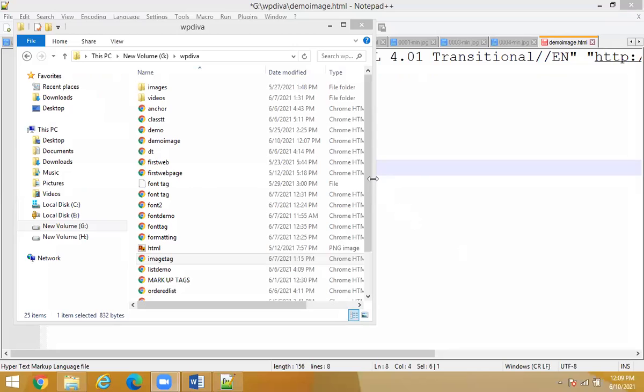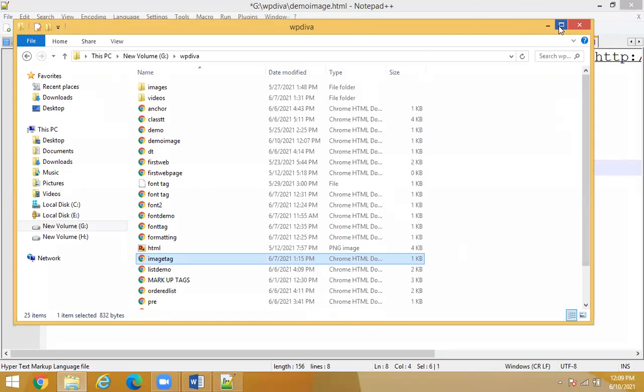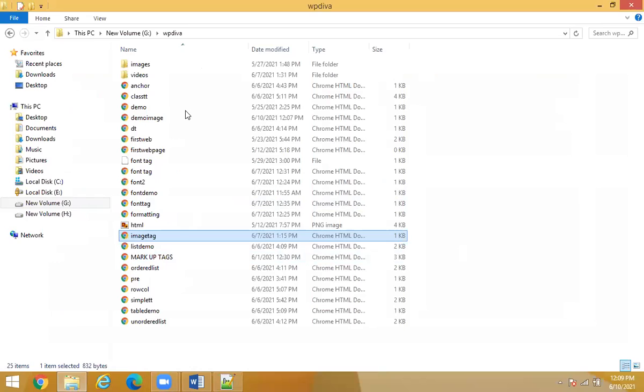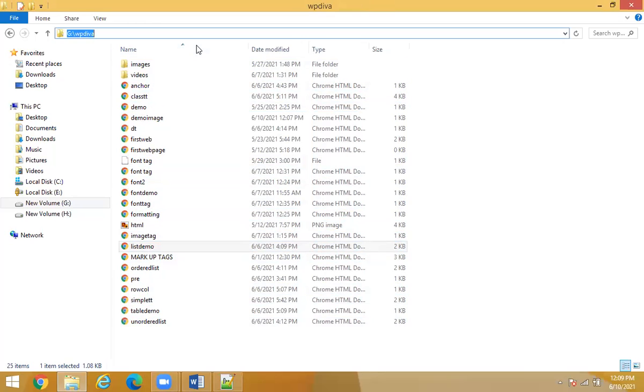After opening this folder, you can see these are my files, so many files under the folder WP division A: anchor.html, class.html, demo.html, first web page.html, font page.html, formatting.html. There is one image here, html.png. I have image tag.html, list demo.html. All these are my HTML files, all saved under G WP division A.